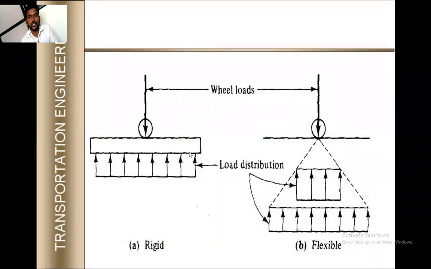That is only shown here. In the first figure, in the rigid pavement, whatever the load will be there, load distribution in the slab action will be there. In the flexible pavement, the grain to grain distribution of the load will be there. Okay, the load is distributed grain to grain, and in the rigid pavement there will be the slab action or beam action of the load. That is only shown here.